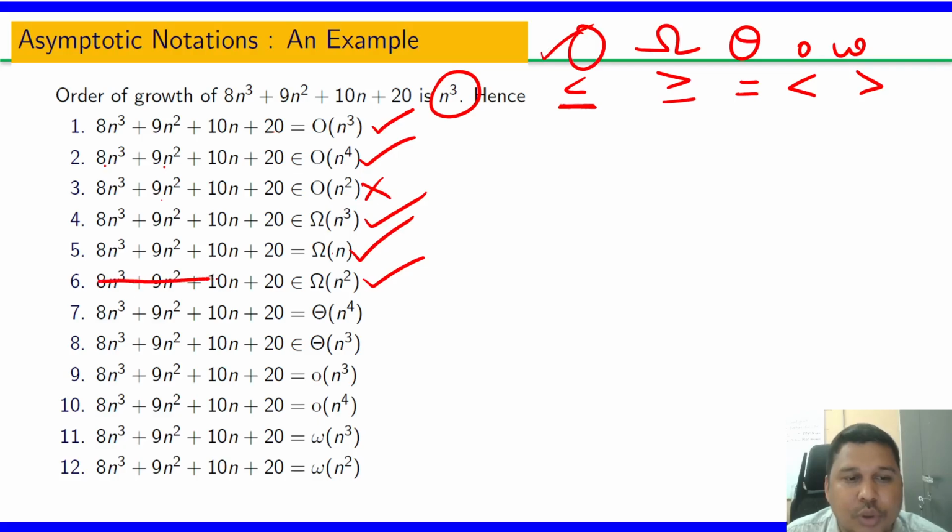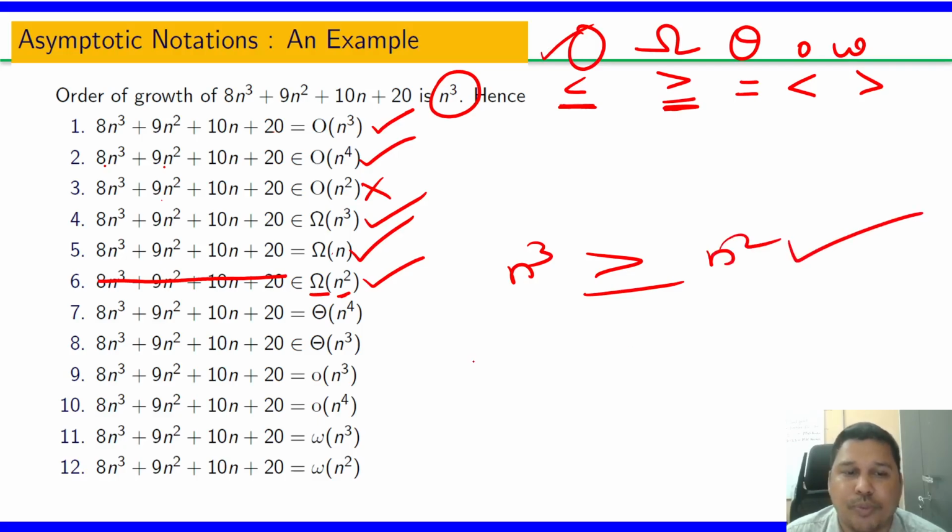Why is it true? See, the order of growth of this is n cube. He has used omega, meaning greater than or equal to. He has used n square. This is holding true, right? Next,